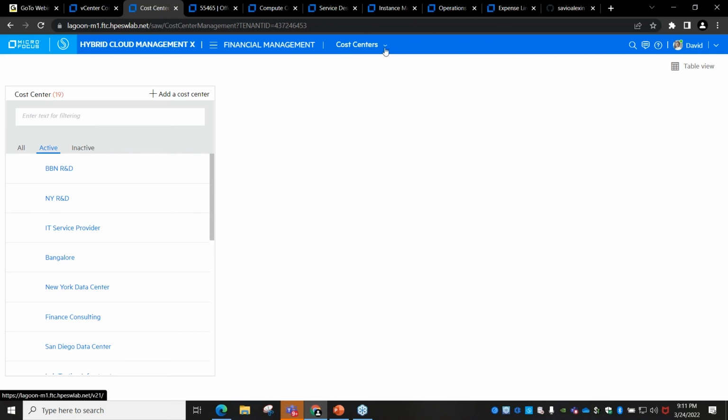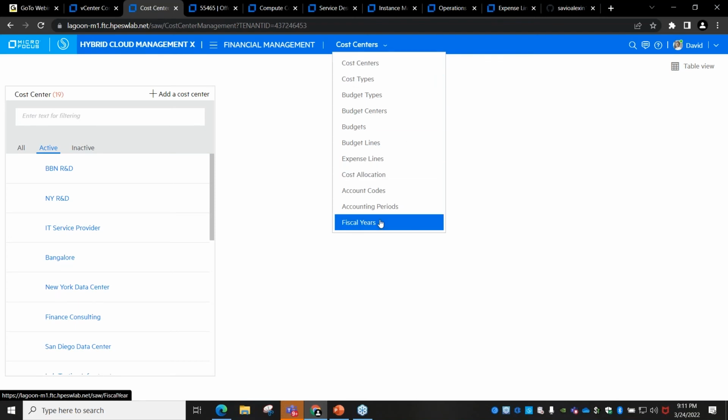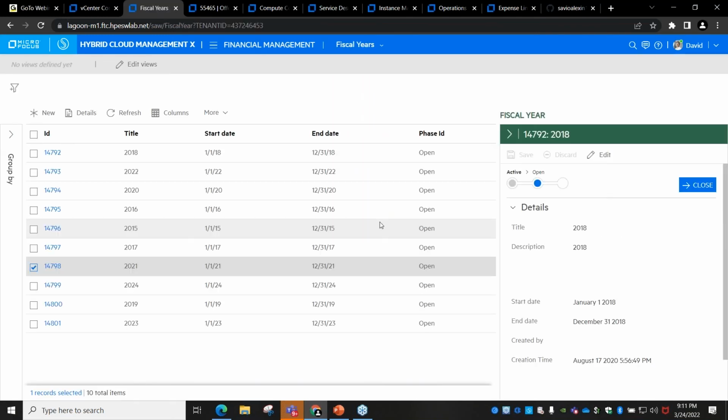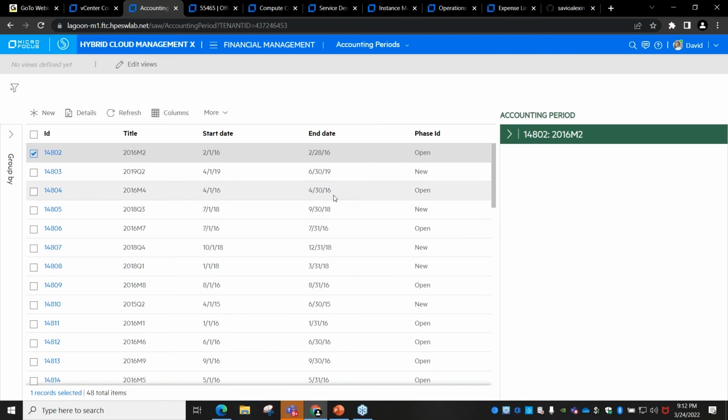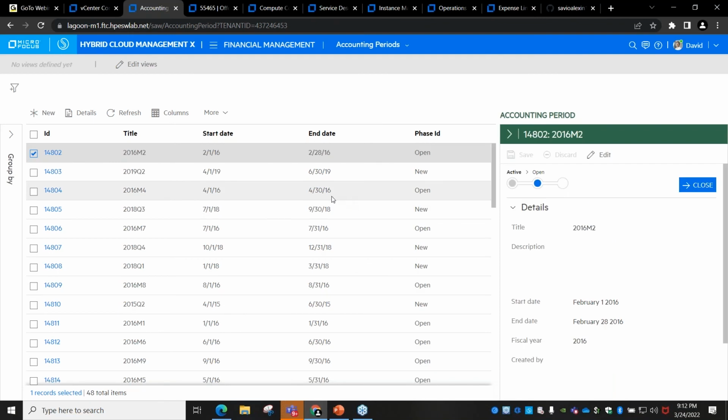In HCMX, we have a financial module, and it's pretty straightforward to configure and use from day one. Like any other enterprise, they will have their own fiscal years, so you can go ahead and configure the fiscal years. For example, here I have created a number of years, and I've added the start date and end date for each year. And then you can also configure the accounting periods,